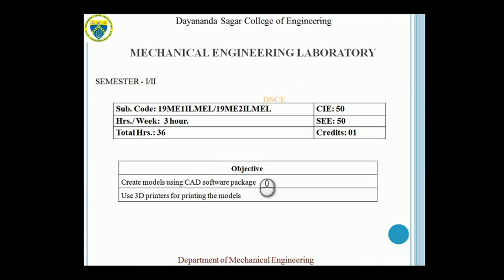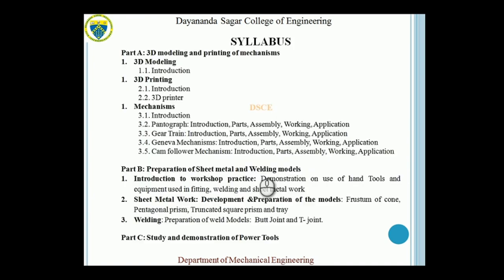This course is introduced for first year engineering students. The main objective is to give an introduction to basic mechanisms of mechanical engineering, and also students should be able to create those models using CAD software package and use a 3D printer for printing. The syllabus goes like this. So here